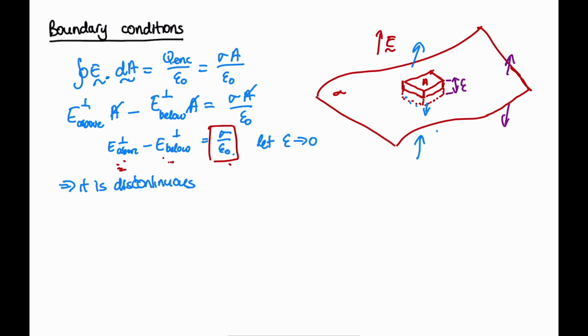It being the electric field perpendicular to this plane, i.e. the normal component of E. So when we pass through a plane of charge, the electric field is discontinuous normal to that plane. Now, if we consider the tangential